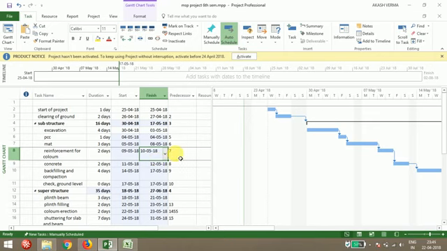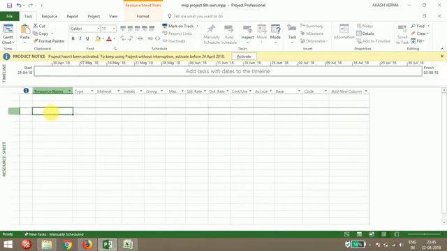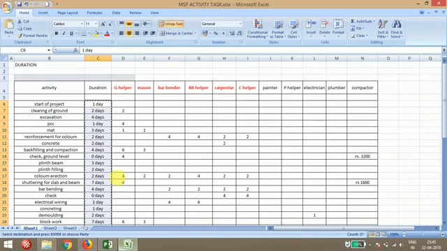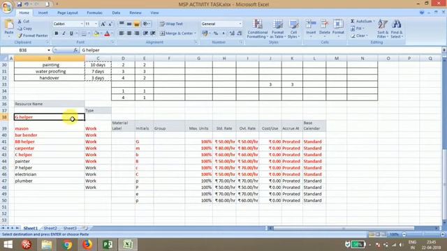After doing all these things, you need to provide resources for all these activities. For resources, you need to go to the resource sheet. Here in the resource sheet you can give the number of resources required in your project. I have already typed some of the resources in an Excel sheet: general helper, mason, bar bender, bar bender helper, carpenter, carpenter helper, painter, painter helper, electrician and plumber.